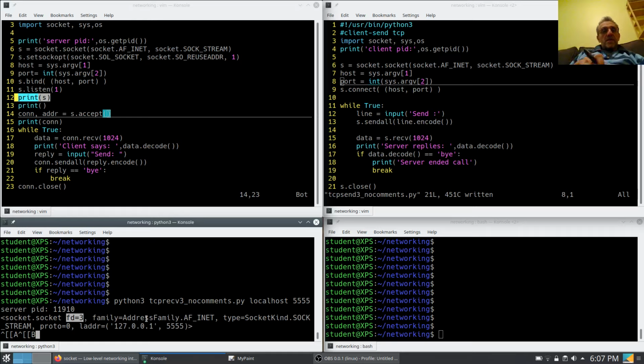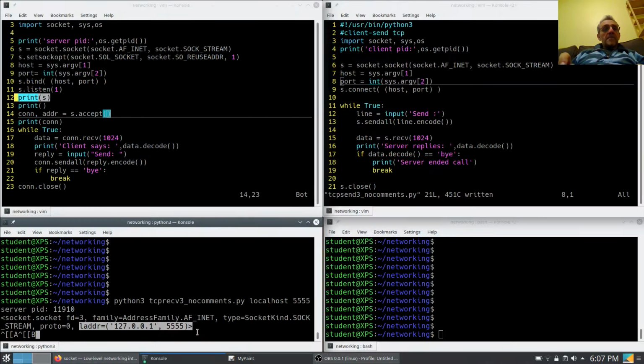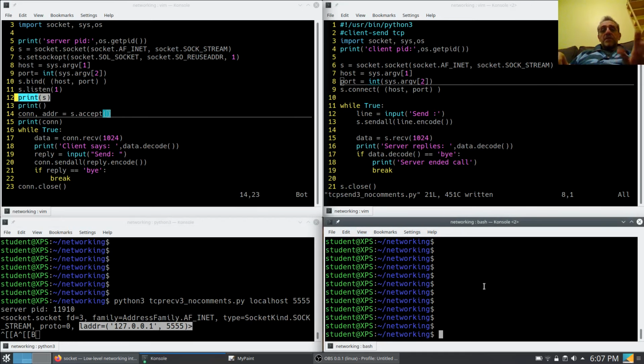Now, here again, in address family internet and sock stream, which is TCP, it says local address is 127.0.0.1, which is localhost, and port 555. So this is what that so far looks like. Okay? But at this point, we're now blocking on line 14. Okay? Let's go ahead and connect